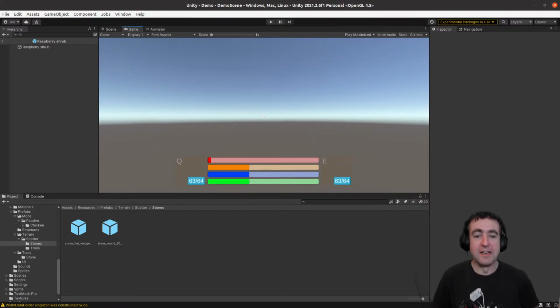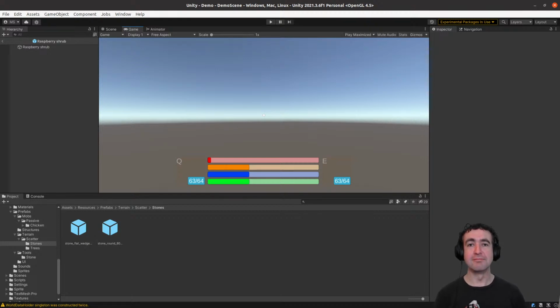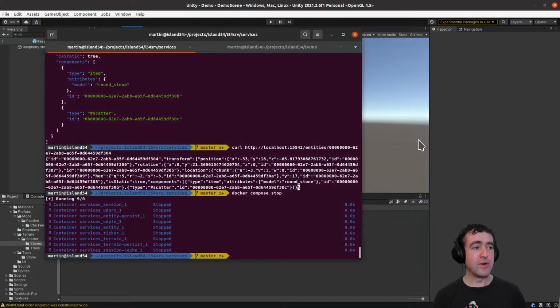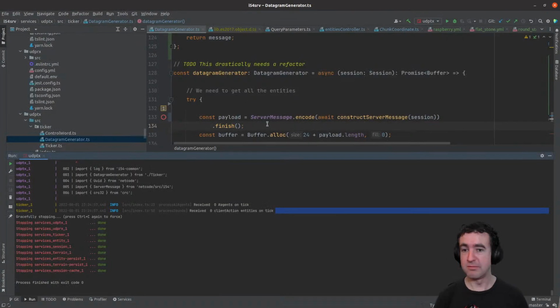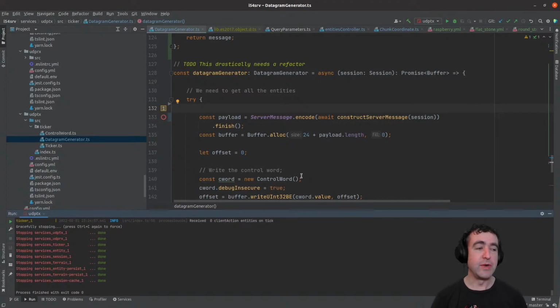Excellent. So welcome back to the Island 54 development stream, where I'm building my survival crafting MMO in Unity 3D and TypeScript in the backend. I have been working on getting the scatter generator ported across to the server and having the client work with it. So we now have trees and stones being generated on the server, and they're now being displayed on the client. There's one caveat, which is I seem to be sending too much data in UDP, which is causing us to blow our UDP frame, and the data is not getting across